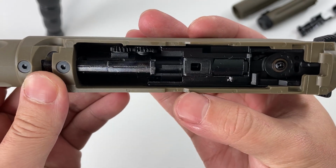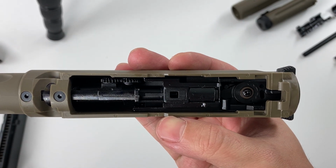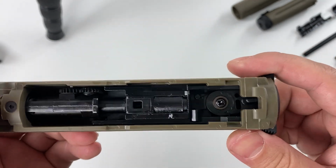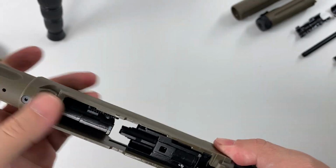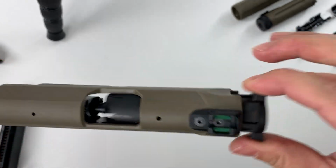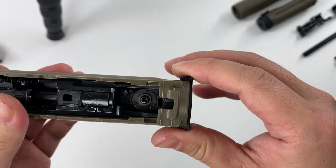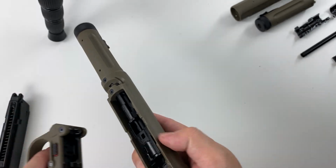Hop-up actually uses two wheels, but it doesn't tell you which one is the one you use to make adjustments. And you can't see which side to increase or which side to decrease, because you can't remove the barrel to see it. You just guess. The nozzle is nice, but I will show you that later. One thing I hated about this,